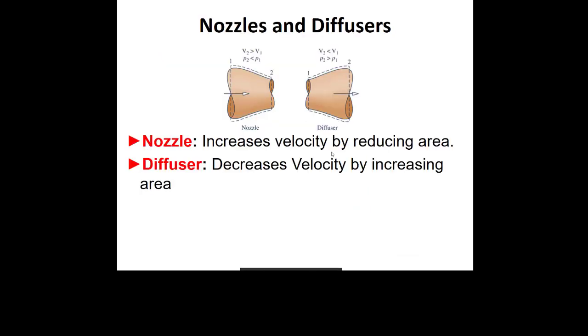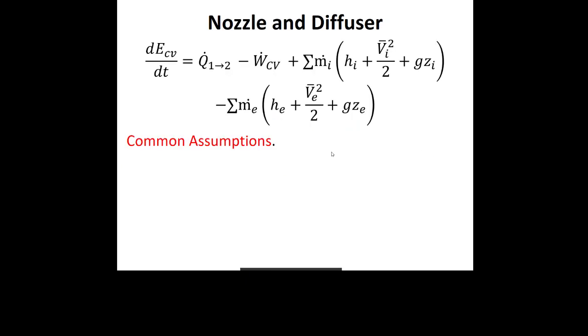So let's say we were dealing with something like a jet engine that has a diffuser on the front and a nozzle on the back. All of these components do some kind of a transaction. The transaction that's happening in the nozzle and diffuser is you're trading kinetic energy for enthalpy. Either the enthalpy is going up and the kinetic energy is going down, that's what happens in a diffuser, or the enthalpy is going down and the kinetic energy is going up in a nozzle. So that's the main energy transaction that nozzles and diffusers do.